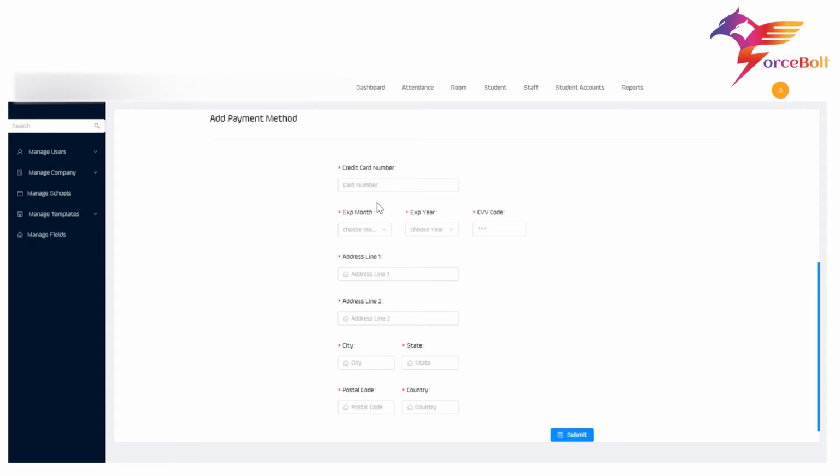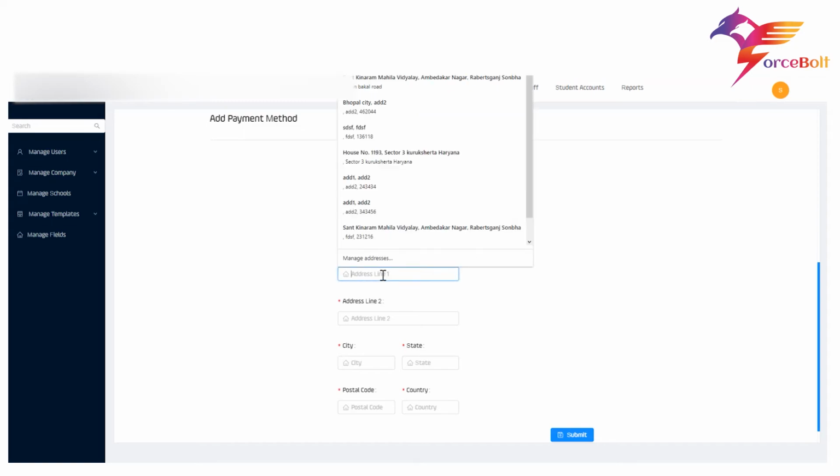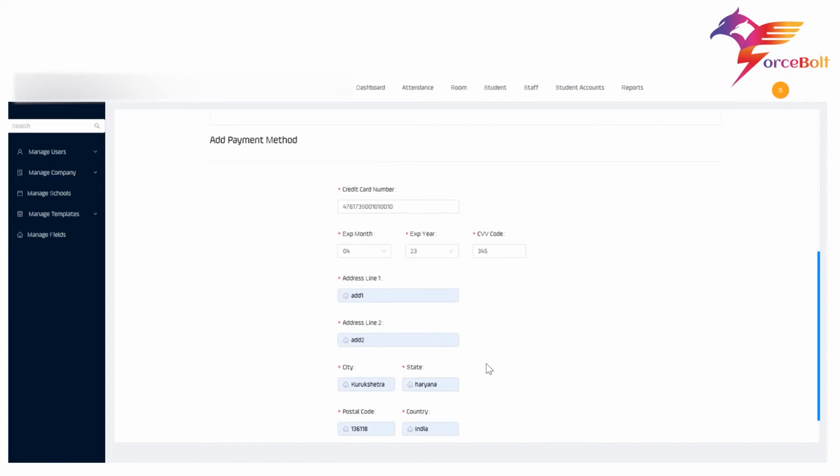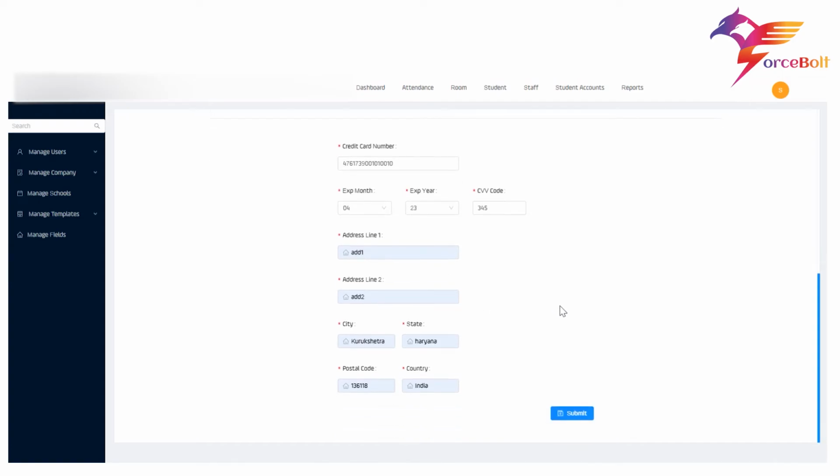From here, I can add the payment card. I filled the credit card details such as credit card number, expiry month, expiry year, CVV code, and then I saved them.